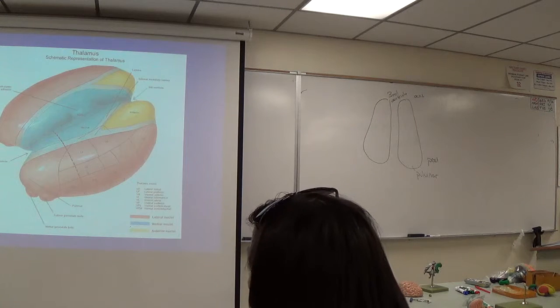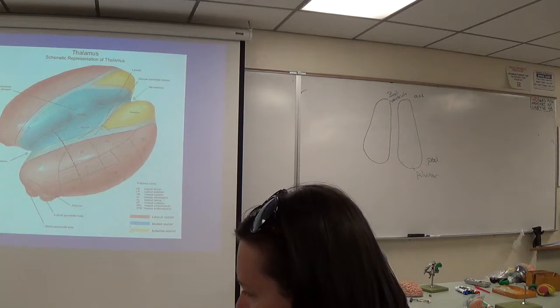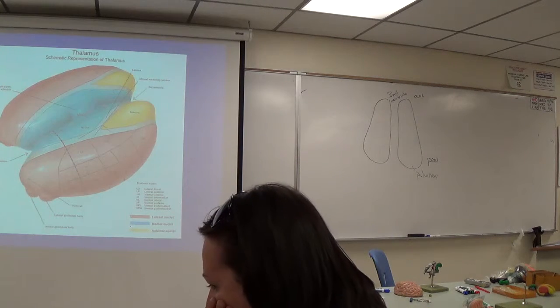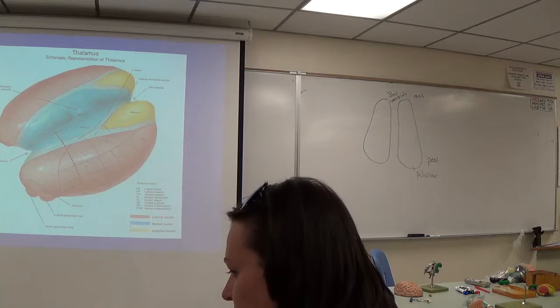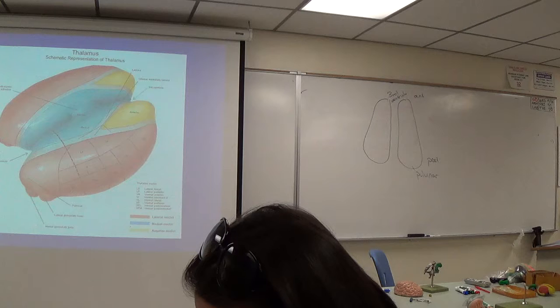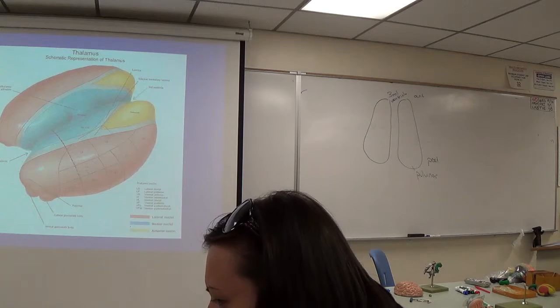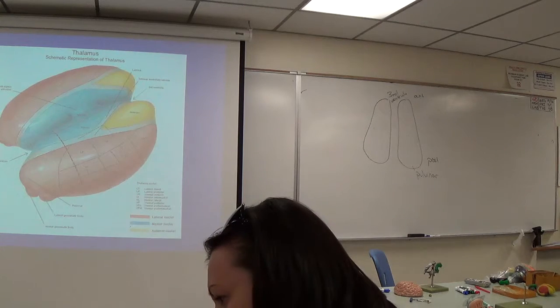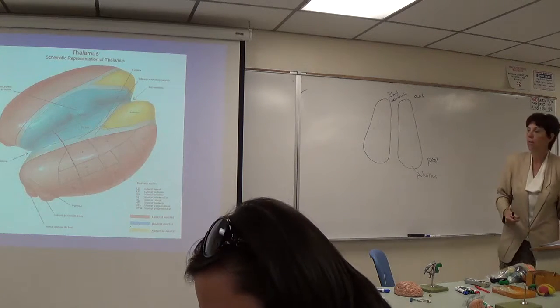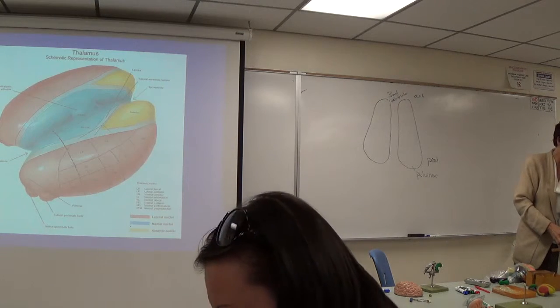Most of these nuclei are sensory nuclei. We talked yesterday about the sensory relay, how sensory neurons come to the thalamus, and from the thalamus they end up in the post-central gyrus or in the primary auditory gyrus. There are a few that are motor that we just talked about with the basal nuclei that are sending activating neurons to the cortex. So on page 78,